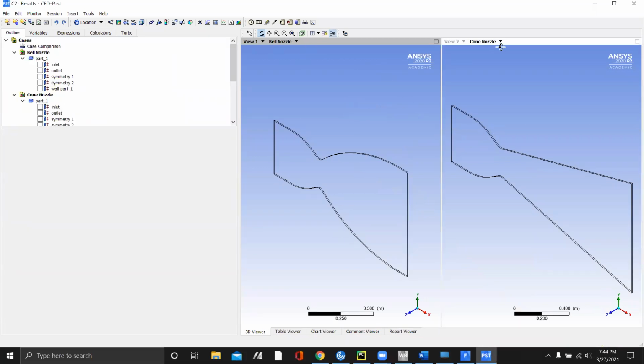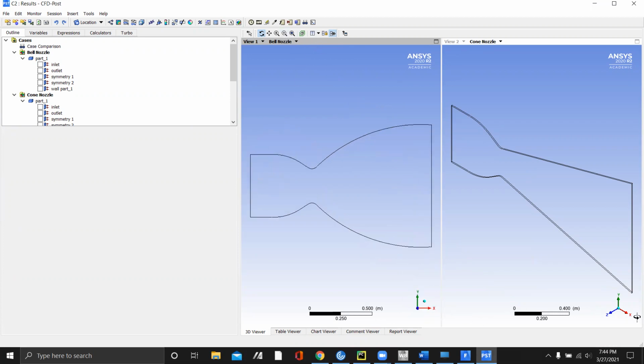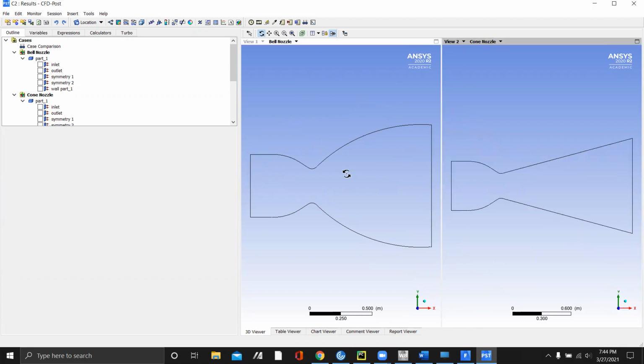And ANSYS is smart enough to put these nozzles right next to each other. So let's go ahead and put them both right here. This is our Bell nozzle, and this is our cone nozzle. We can synchronize,